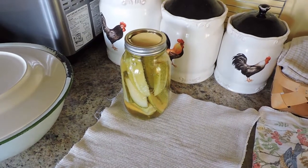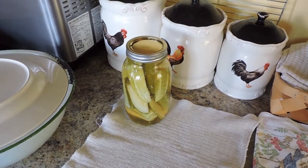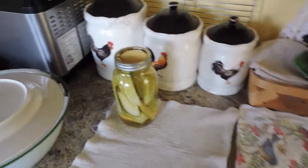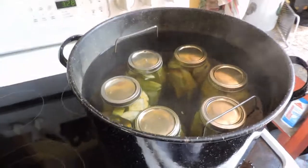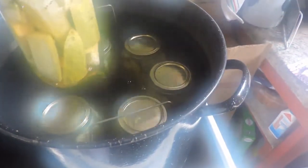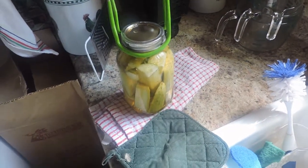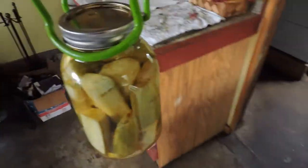sliced pickles, filling it up almost to the top. It'll tell you how to do that in the instructions. Put the lids and rings on, and then you just stick it right into the canner. You bring the canner to a boil and then you start your timer. And that's all there really is to it. You just have to make sure that your canning jars are good, that they're not cracked in any way. You got to make sure that your lids and rings are on good and tight. You can see some of the spices in there. And then